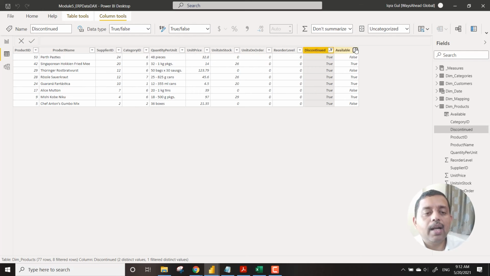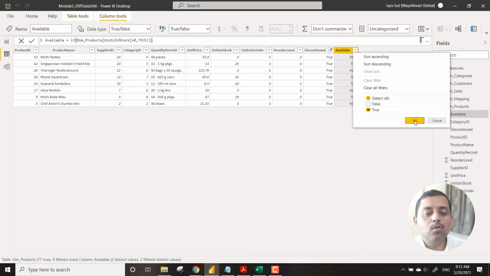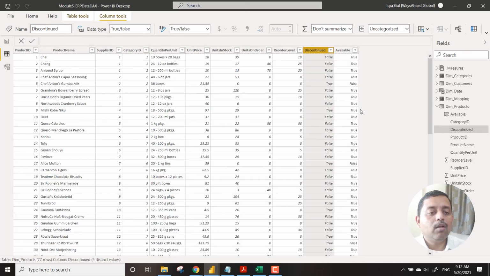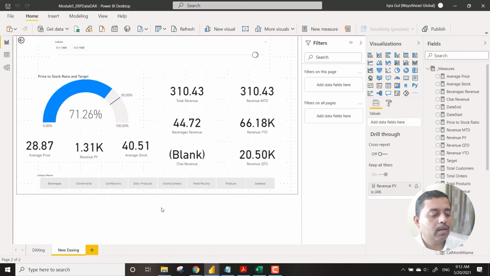So you can see that there are some products. If I just say true and true, there are some products which are still available though they are discontinued. Some of them are highly priced also, and we have a good amount of stock in our warehouse, and there are no orders for this, right? So this kind of information you can get by using DAX, DAX in the best format that we have seen over here. Clear all filters, and we come over here.